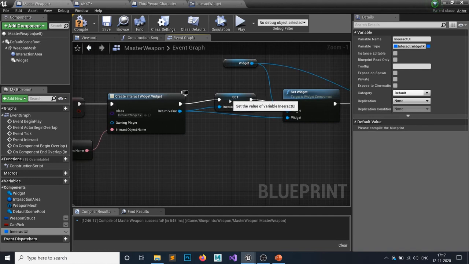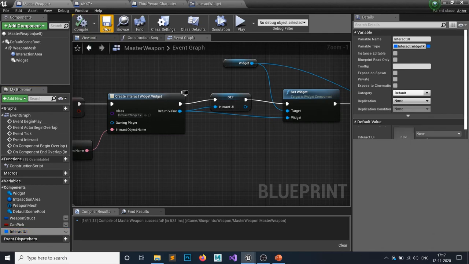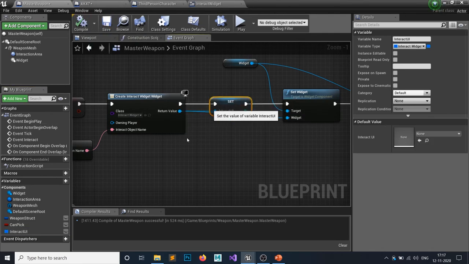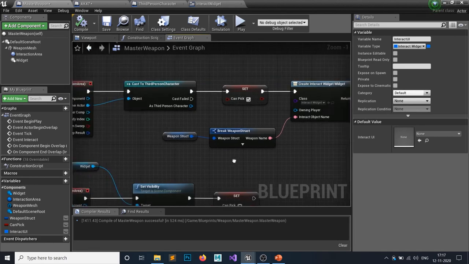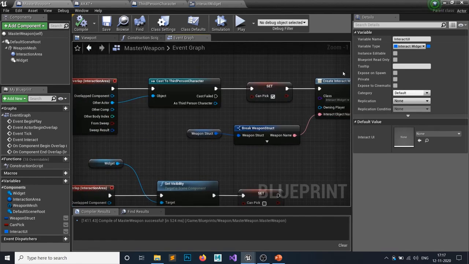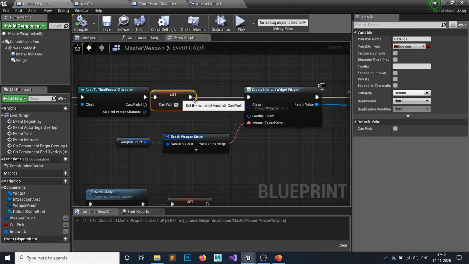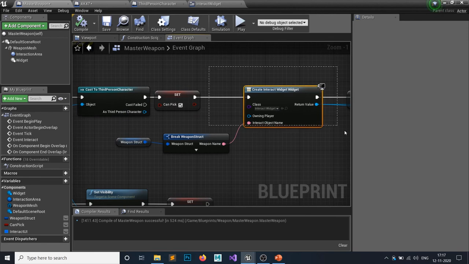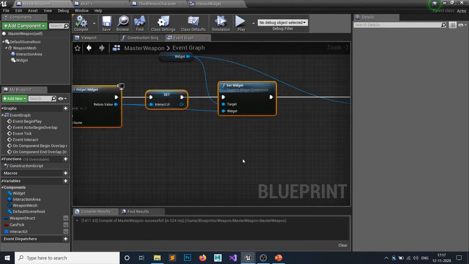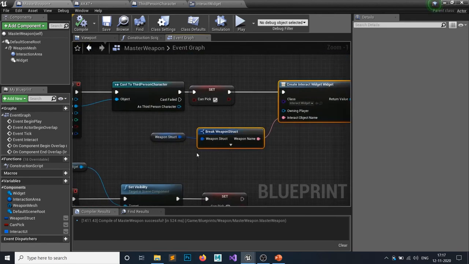The reason I promoted this variable is because if I don't do that, every time I overlap, this would create a new widget, but I don't want that because this widget should be static. It won't change after creating. This is why I will create it only once and then check.